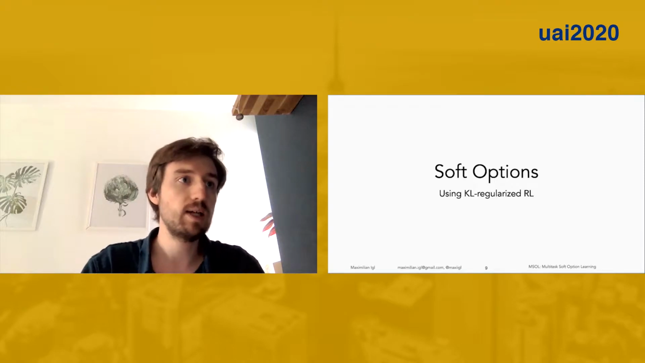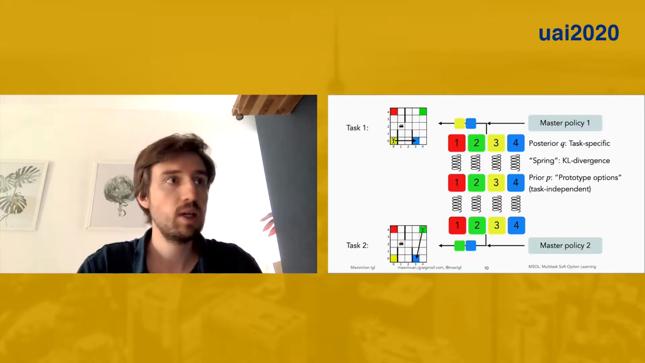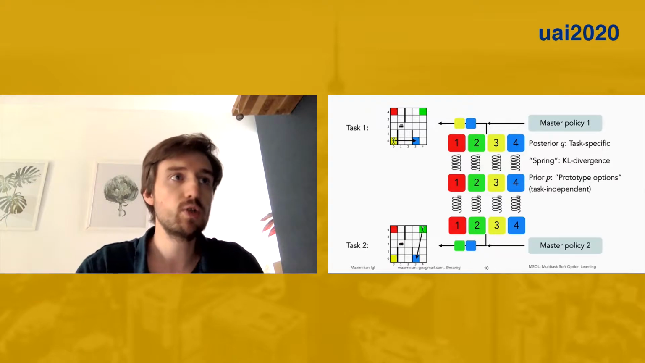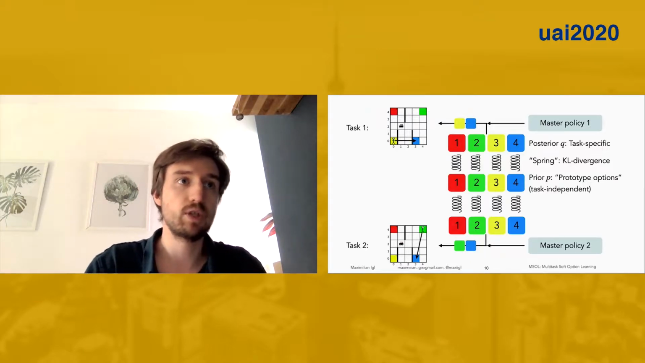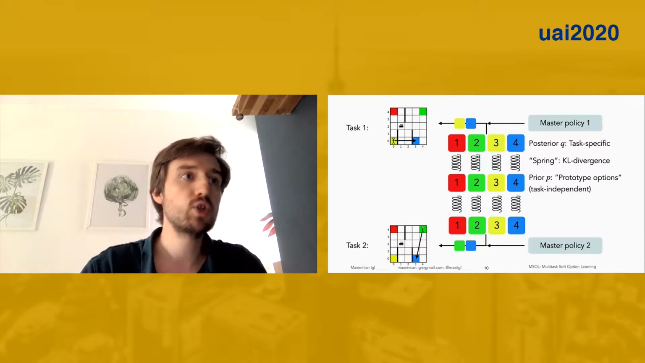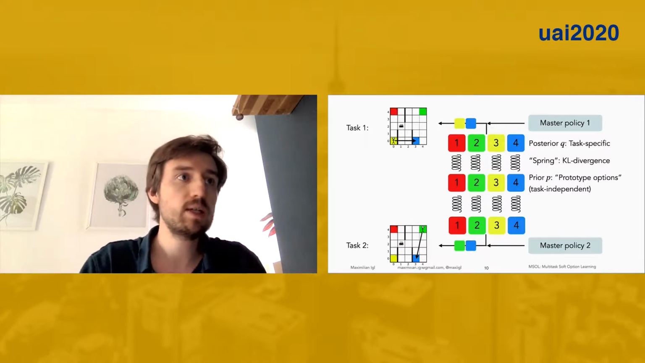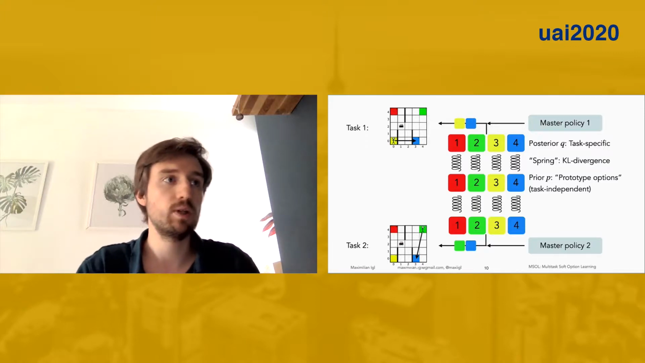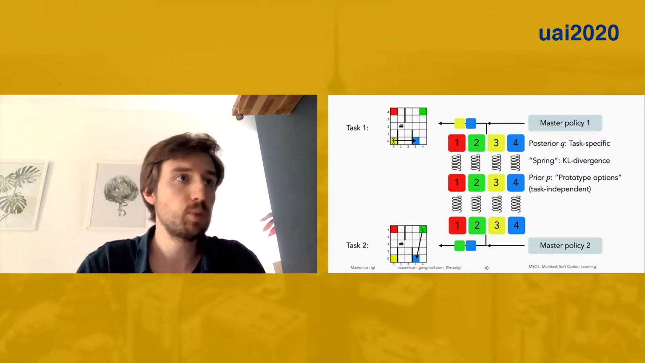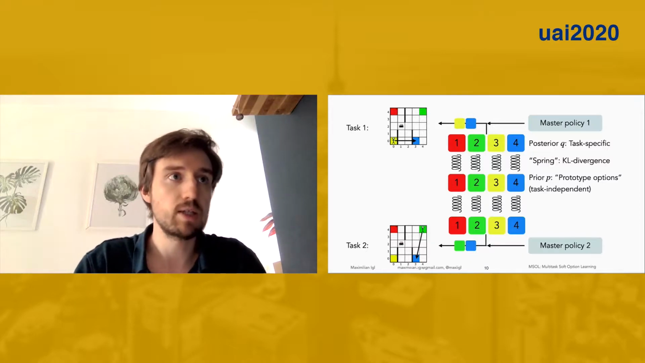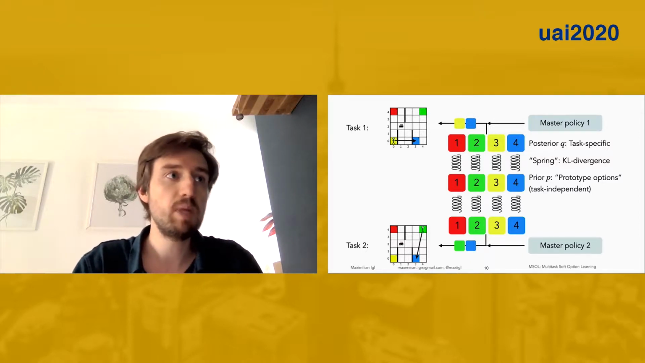Next, I will outline the idea behind soft options. The idea of soft options is not to share the exact same set of options across all tasks, but only softly regularize them against one another. On the slide, you can see the task-specific options, also called posterior options Q, at the top and bottom, while the prior options in the middle are shared between all tasks. Each set of posterior options is regularized against the jointly learned prior by minimizing the KL divergence between them,